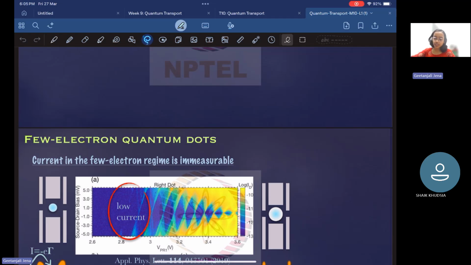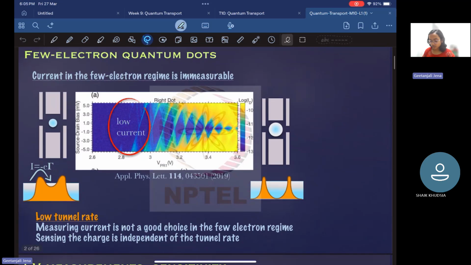So in the first part of this week, we have seen why we need a charge sensor. Why don't we use the conventional detection technique? The reason is quite obvious from the Coulomb blockade. If you recall, when we change the gate voltage, let's say we are going from the right side to the left side, then the